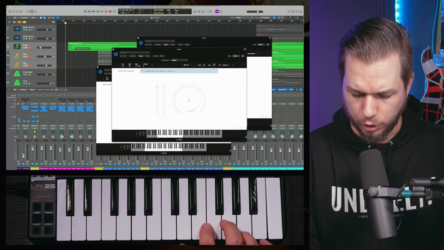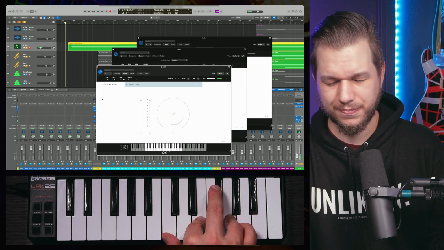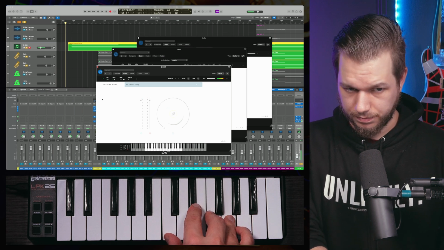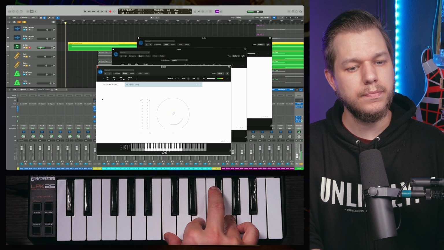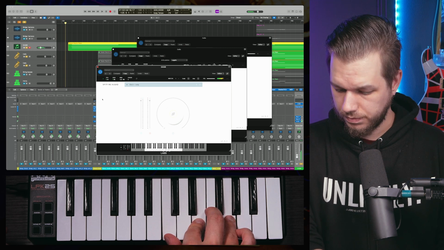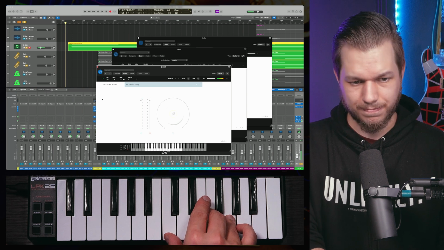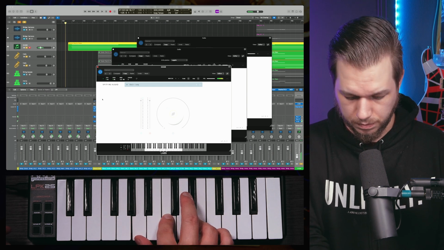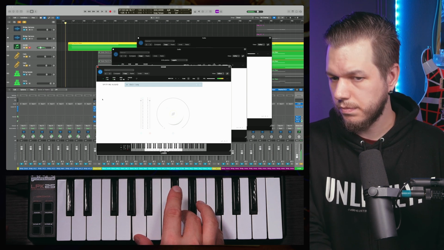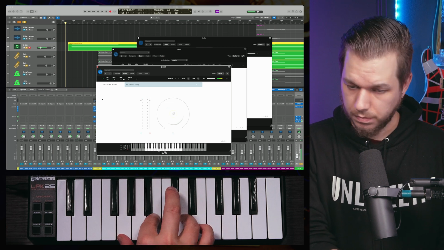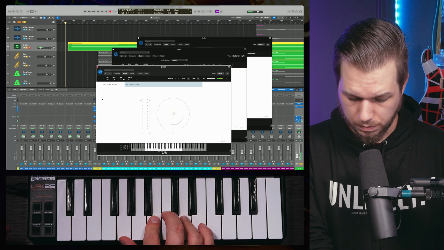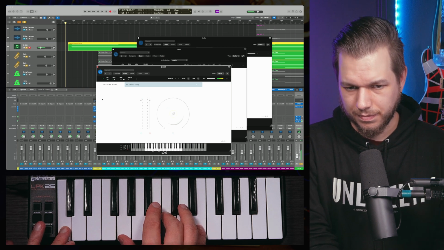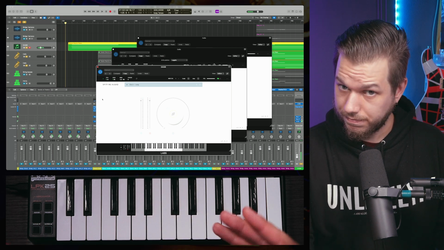I got my MIDI keyboard, and here's a C major chord. There's a bunch of controls for this.